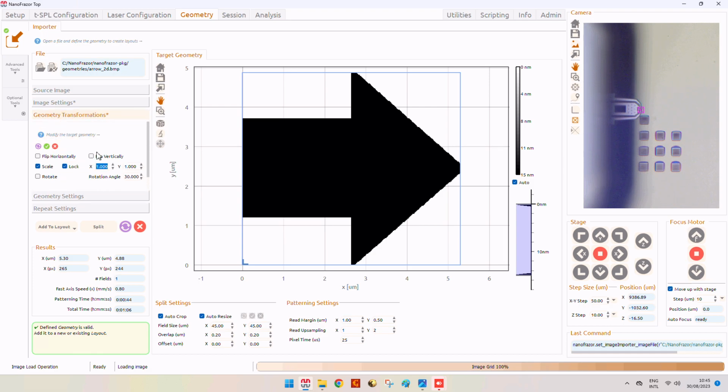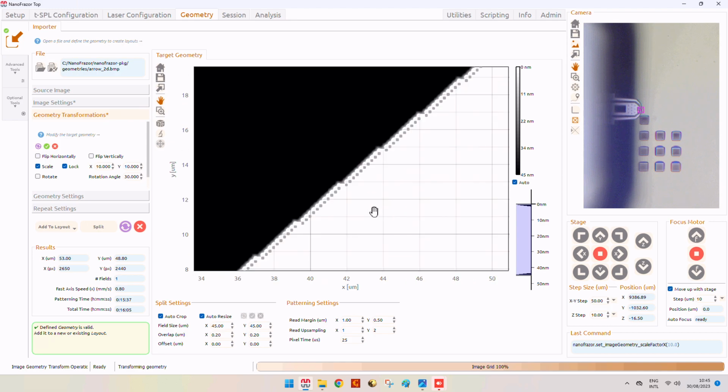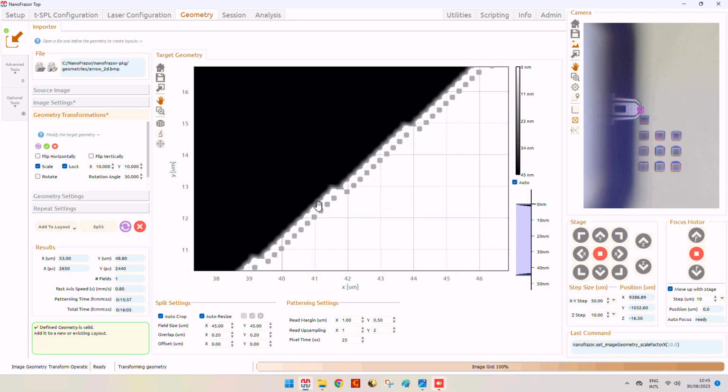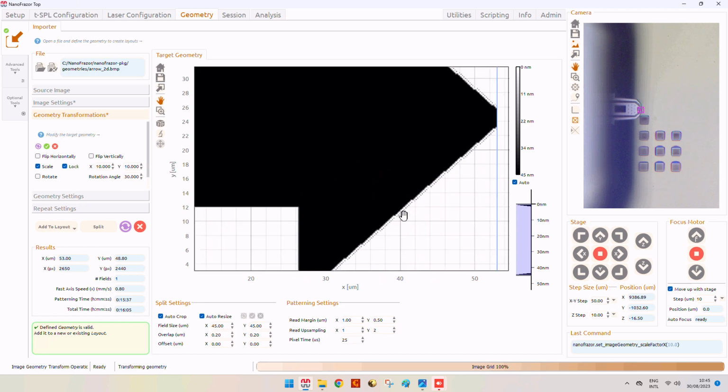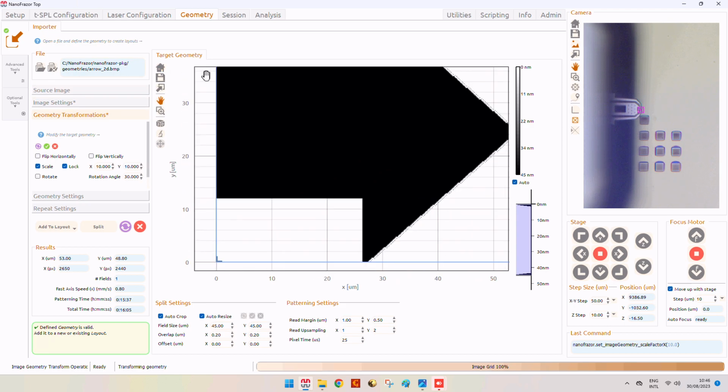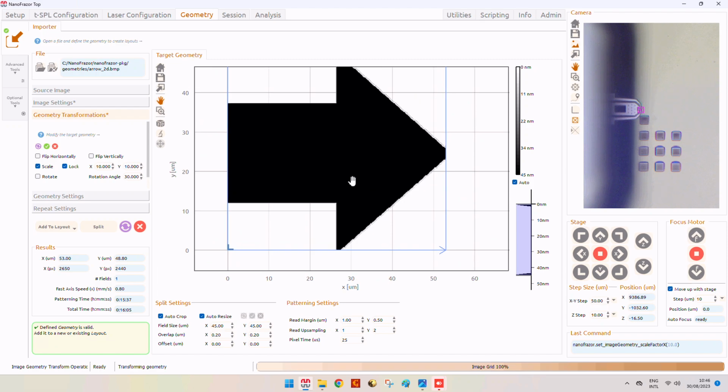So let's say we want to make it a little bit larger because it's laser, so let's make it 10 times larger. And we also want to maybe remove these grays that we don't really like for our design. This is a PNG file, so it's not really optimized for writing, but it's just a design that's useful for showing some stuff.